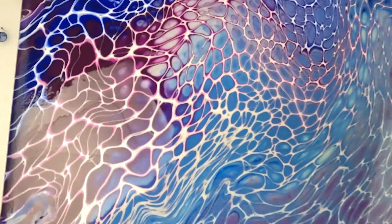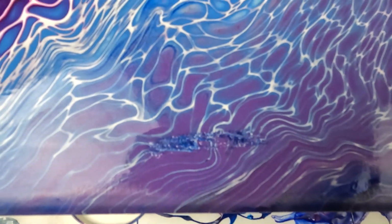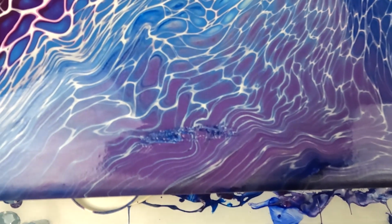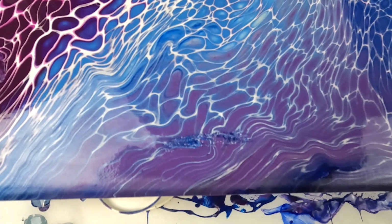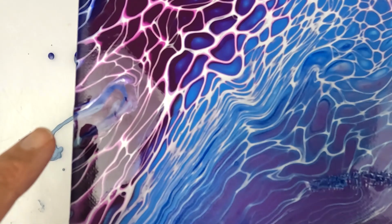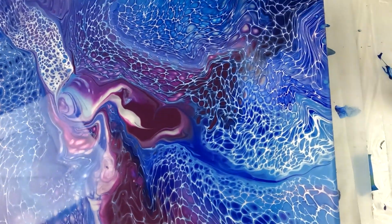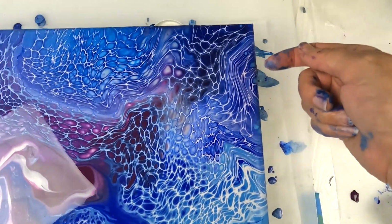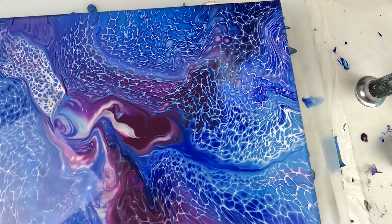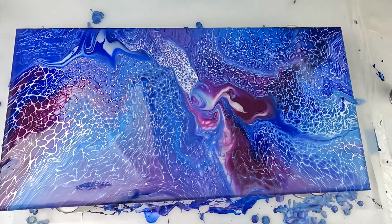lacing there. Now the big problem is here, where there was that tear in the canvas, and I put a piece of tape behind, but it's all sinking by the looks of it. And there's a bit here I tried to fix, which I don't like. There's a few blue patches from the other paint too that I don't like either. So we'll see how it dries, but I think I might cut this down,